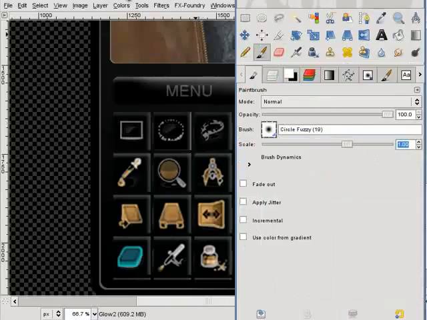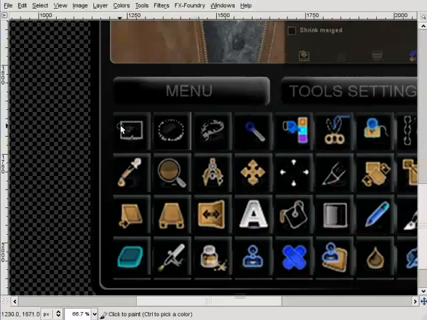Take a big brush, with the bracket go big up, and now I'm gonna just make some glow here. Okay, that's a bit